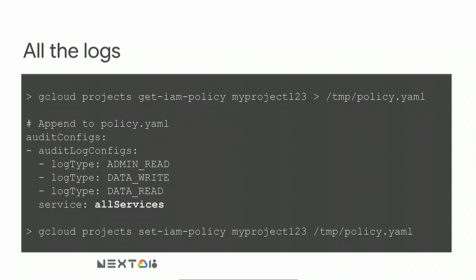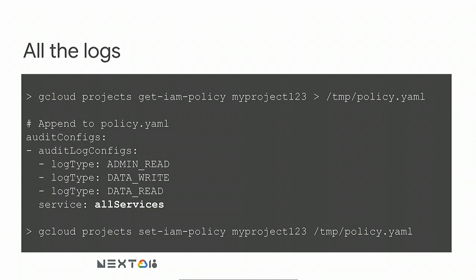So a quick example of how you can turn this on and how you can configure it. You can do it through a GUI, or you can do it through gcloud. And you can configure this at an organizational level and feed it down the hierarchy, or you can do it on a per project basis. So in this example, we're doing it for one particular project. So I'm pulling out the IAM policy for my project 123. I didn't follow my own naming convention advice. We feed it into a YAML file, and then we modify it, and we just append at the bottom the